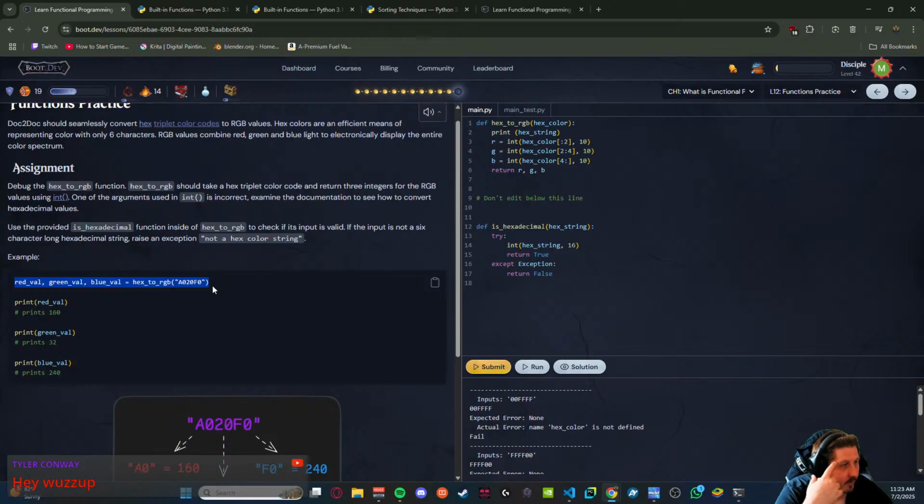What am I supposed to do here? Provided is hexadecimal function inside of hex to RGB to check if its input is valid.